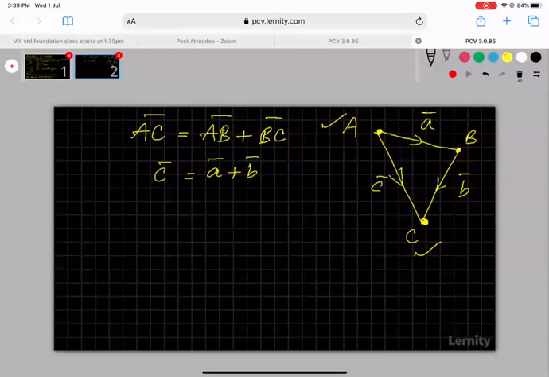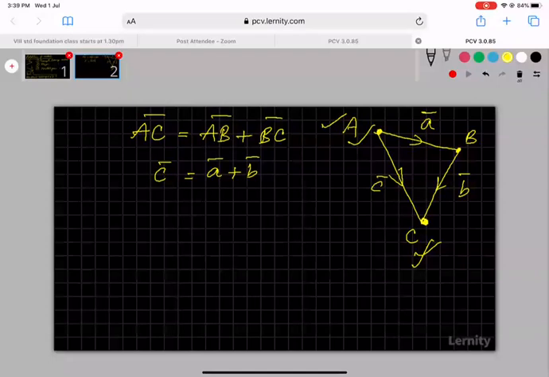The man was at A, now the man is at C, so his displacement is AC bar, which is nothing but the total displacement. But there had been some smaller displacements in between, one small A bar and one small B bar. You add them, you get the total displacement. This is basically the statement for the triangle law of vector addition.